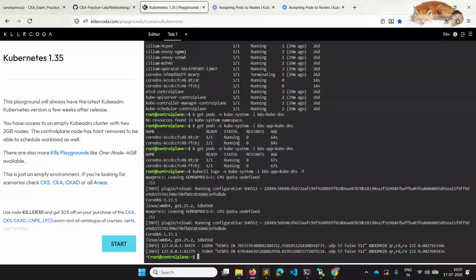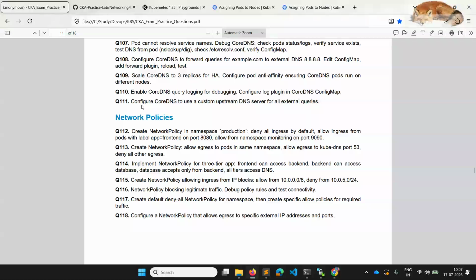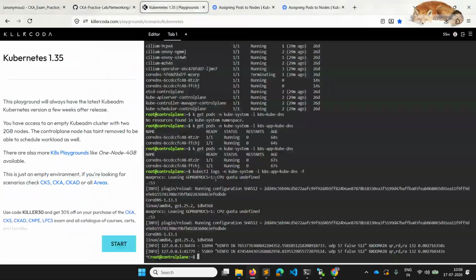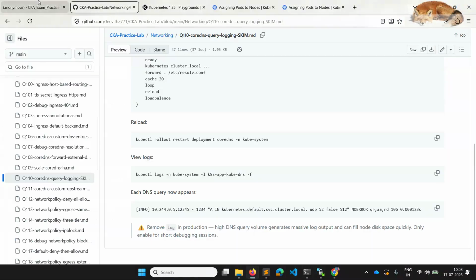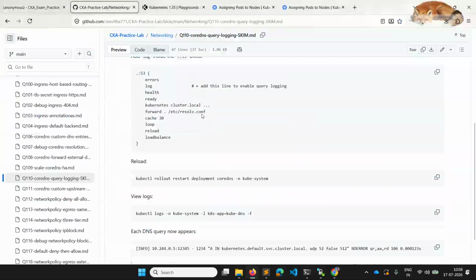And coming to the second question, which is 111, here also they are asking to configure CoreDNS to use the custom upstream DNS server for all external queries. So what are those external queries? Queries which are coming from the outside environment to this cluster. So we need to configure such a forward mechanism that it goes to a different IP address instead of handling it inside